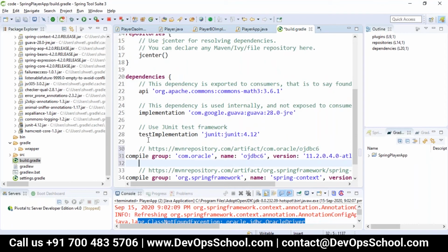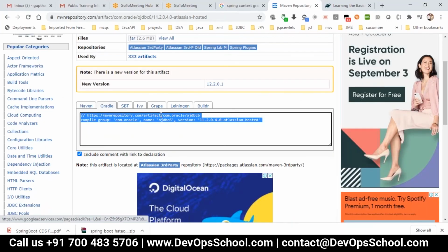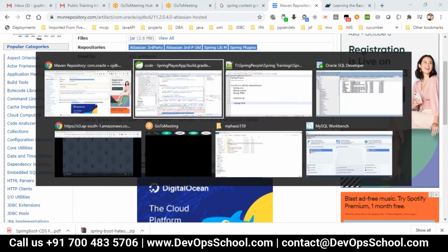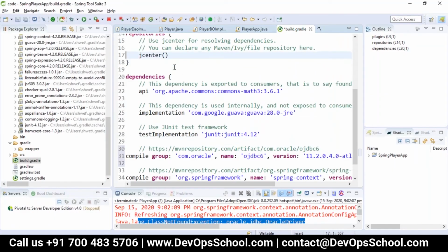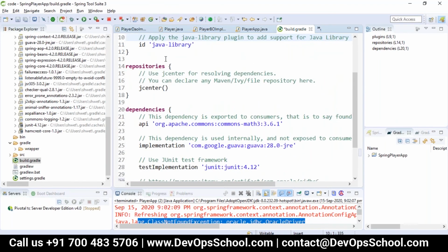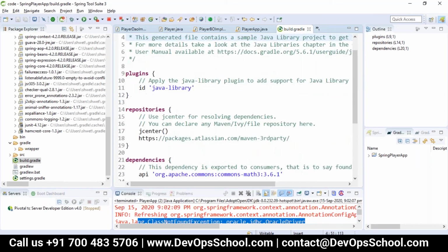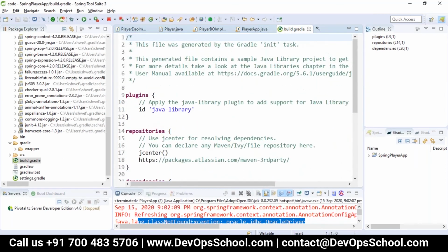This is for MySQL, sorry, Oracle. But as you see in the documentation, we can't add Oracle directly because it is not available in the Maven repository. This artifact is located in a third party repository. So this is the repository we have to add. There will be one tag in the build.gradle where we have to add it. This is the repositories entry which we are going to add.